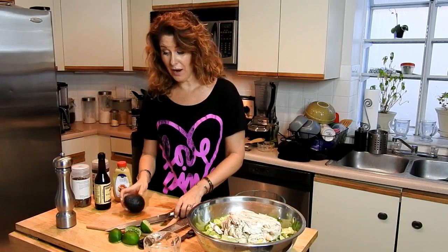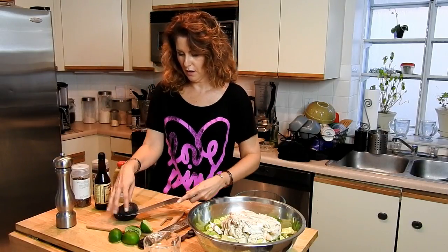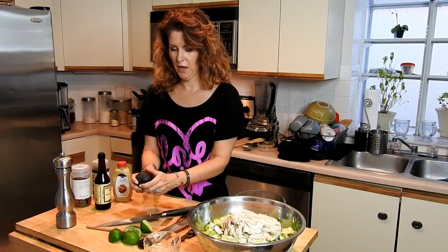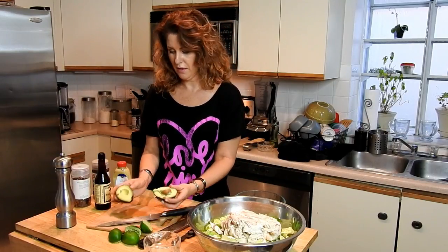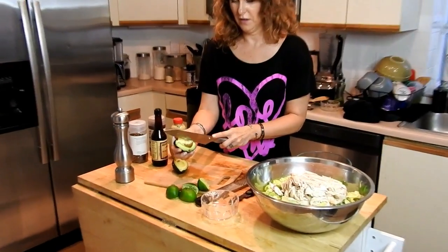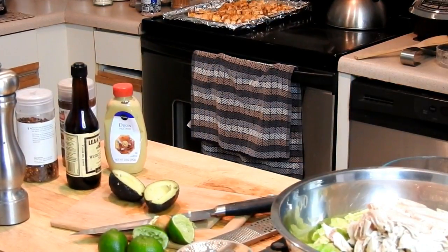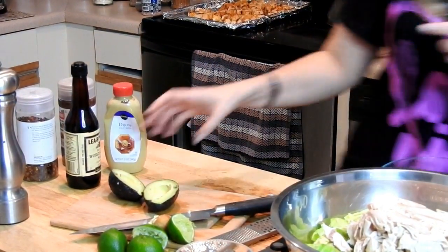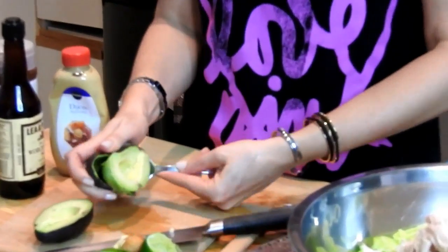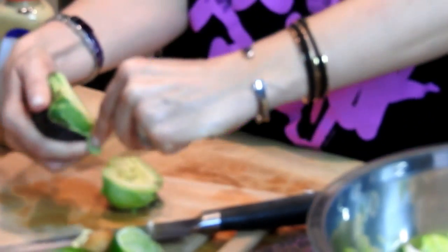And I don't know if you guys know how to cut an avocado, but you kind of slice into the skin and cut it lengthwise. It's one of the things that I didn't always know. And you open it up like that, and you use your knife to grab the pit. Sometimes it comes out, there it goes, really easy. And you just grab a spoon and you scoop out the avocado half, and you're done, and just have to chop it up into little square pieces